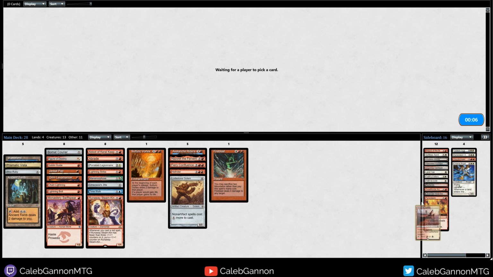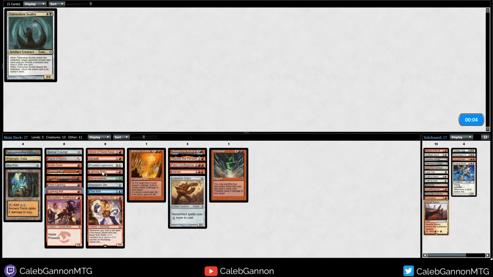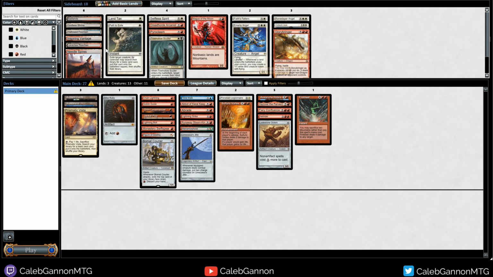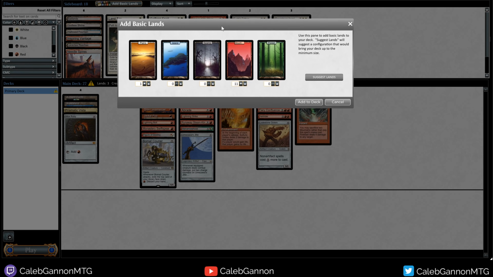Needle Spires, and in case I want to splash. So now I have 2 burn spells. Yeah, it was Tide Hollow Skull our last pick. Unfortunate, but that's okay. We can just run Time Walk. We have a Vista. The mana is going to be not...